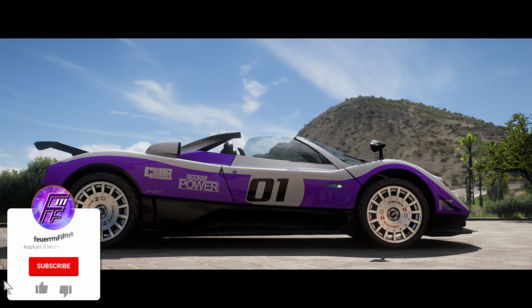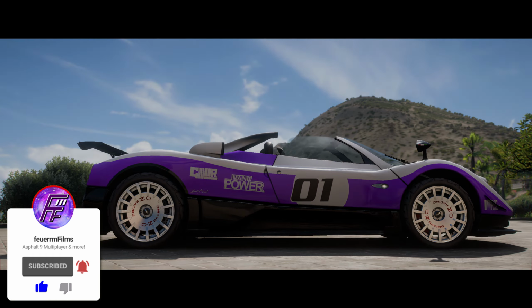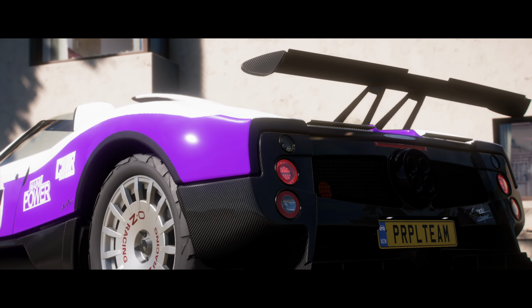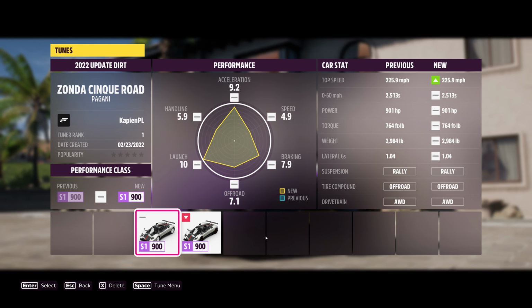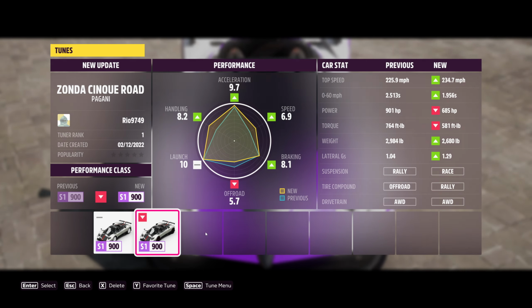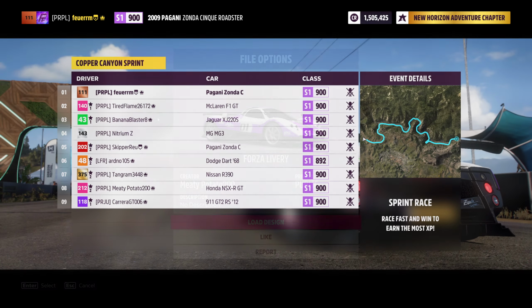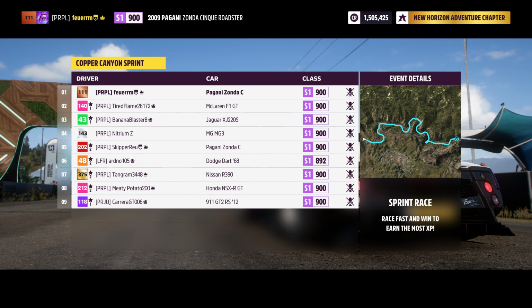Hey guys, Furum here, and today I'm going to be testing the Pagani Zonda Cinque in multiplayer in Forza Horizon 5. I will be testing this car in S1 class with two tunes, a dirt tune by KPNPL for cross-country and rally races, and a road tune by Rio. We also have this really cool decal based on the Pagani Zonda R Grand Prix decal from ASPHALT 9